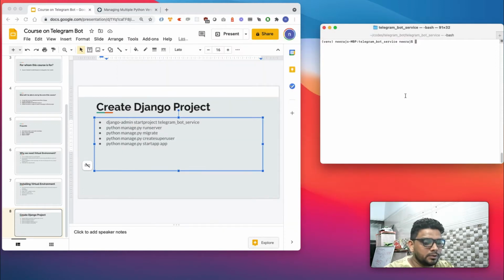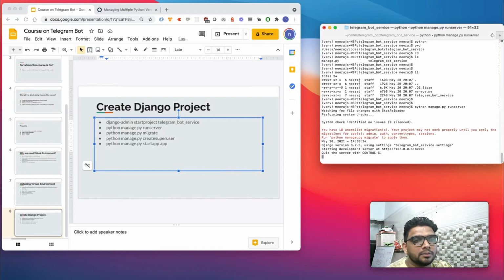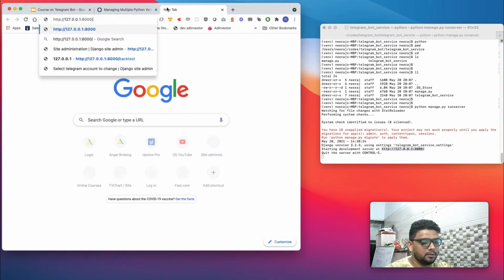Let's start the project. In order to run a project, we need to run a command now. Before running this command, we need to make sure that currently we are in the same directory where this manage.py file is located. So I can run this command. This will start the server, and before starting, it is giving us a warning that there are some unapplied migrations. So my project may not work properly until I have all the migrations applied. That's not an issue at all right now. We just want to see what we get by default.